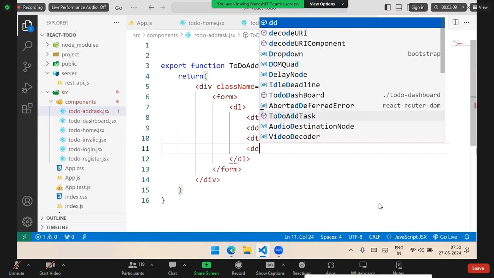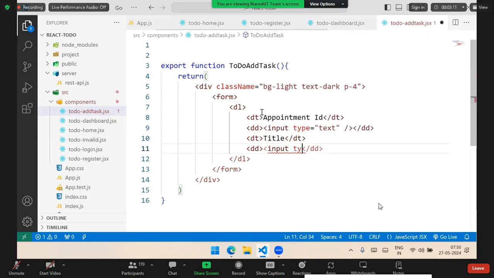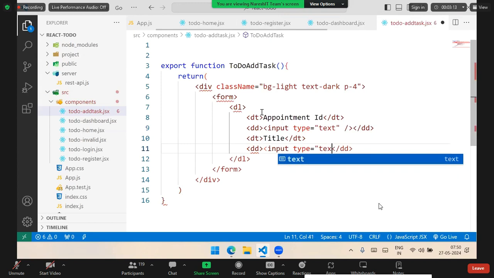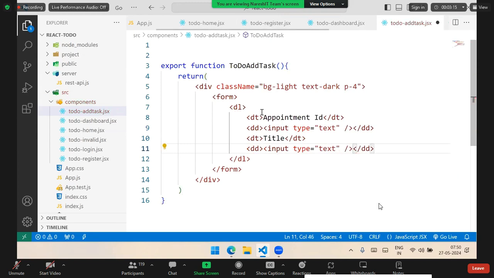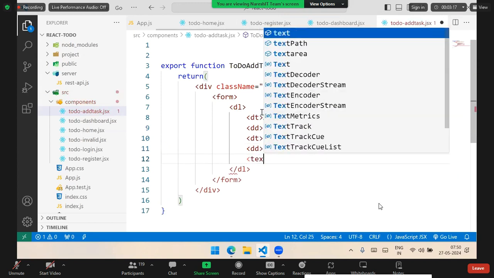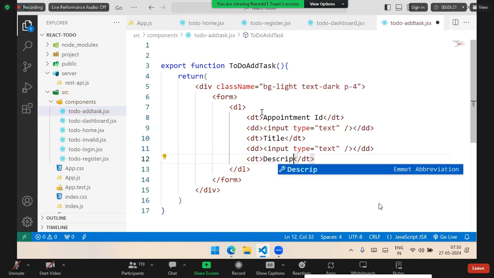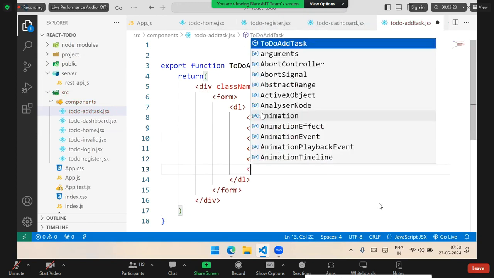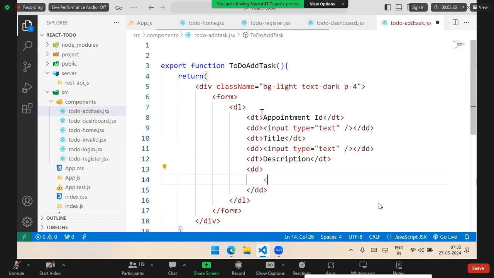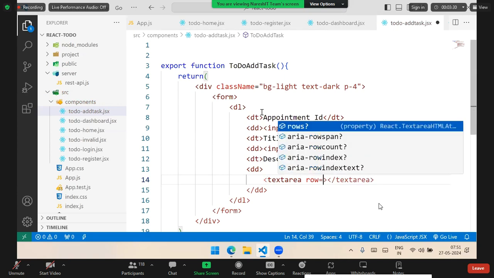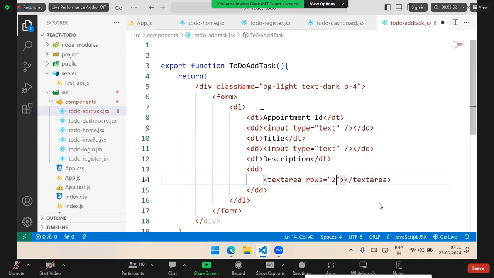What are the details we need for appointment? Input type text, and we need a description about appointment. Description must be multiple lines. Then we use textarea. Textarea has rows, some 4, cols as some 40,